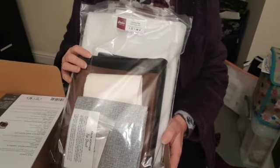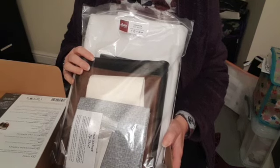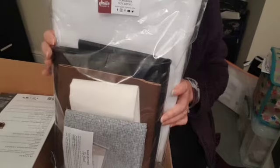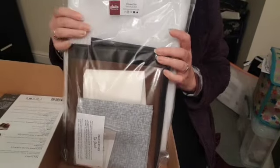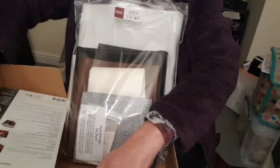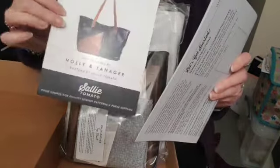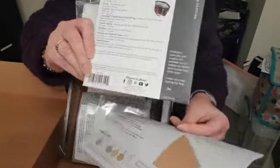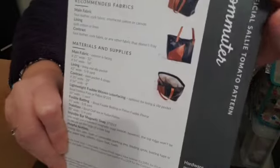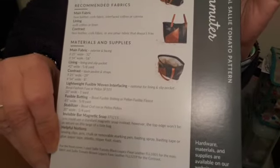Okay. So I've had a bit of a rummage and worked out roughly what I've got. It all comes in this plastic, all neatly folded up, but obviously I've taken these out so I could see what I got. It came with the pattern cover, and on the back it's got all the measurements of how much you need, which is really useful because if I make this again I might want to buy